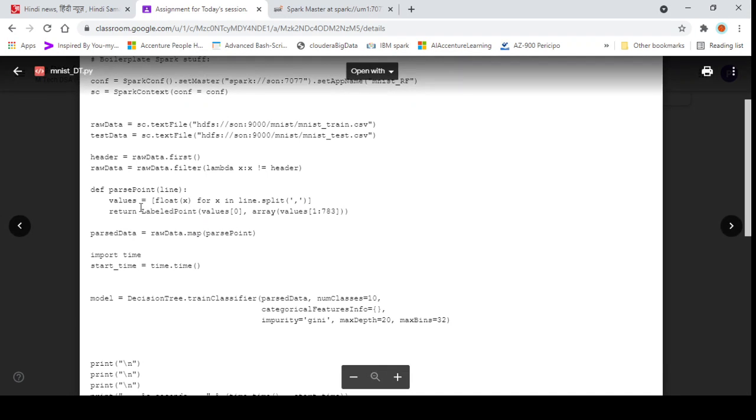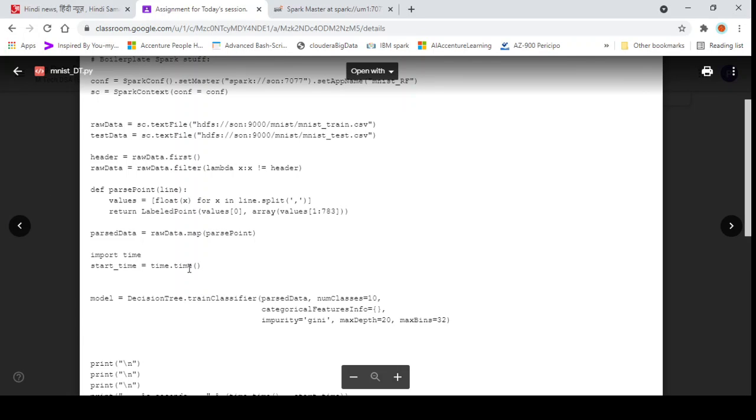And if we see the input dataset, you will get to know that the first column actually contains the label and the others contain the features. So parsePoint is returning a key-value pair, where the key is the label and the value is the array of the features. So whatever feature values are present in a particular row will be passed as an array, as the value in a key-value pair, and all these key-value pairs will be stored in parsedData. For each and every line a key-value pair will be assigned in parsedData.